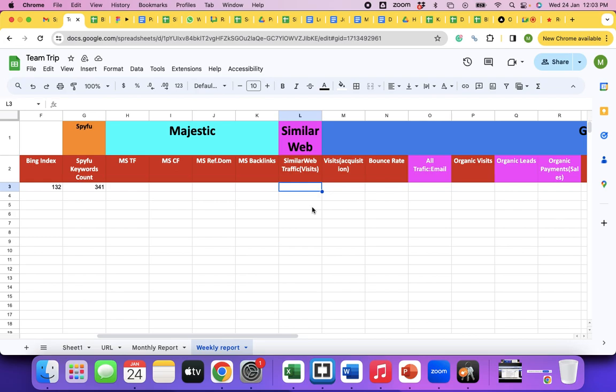See, for digital marketers or for business owners, the weakness is knowing about competitors. They'll be desperate to know what's happening with the competitors. That's what they are encashing. But how is this free? Who told you it's free? SimilarWeb gives you some free credits. That doesn't mean it's free. All of these tools will allow you to check for 2 websites, 3 websites, and post that it says pay. Okay.